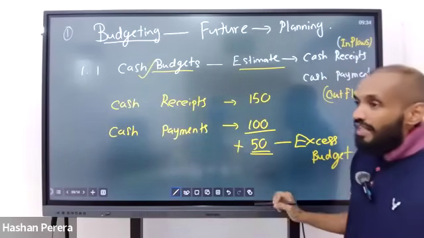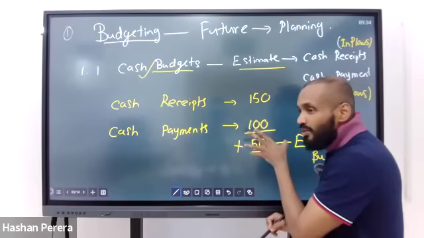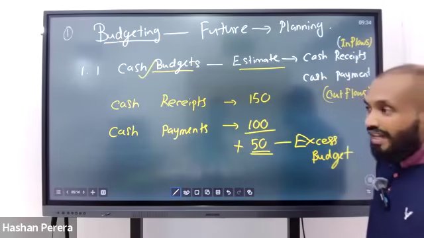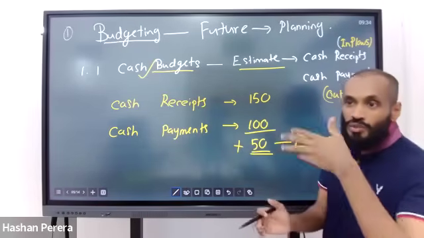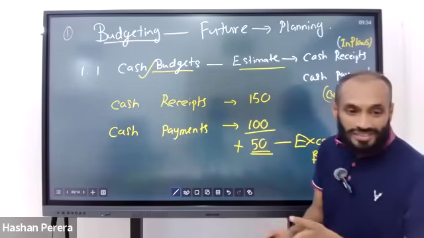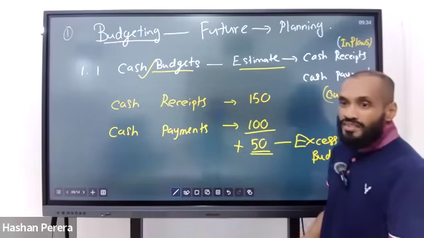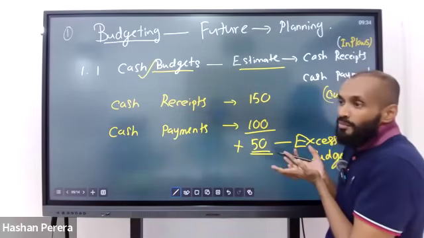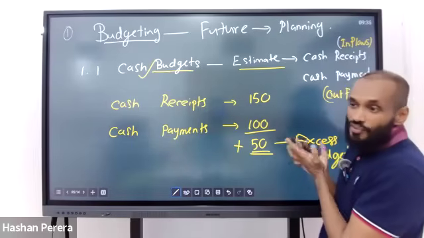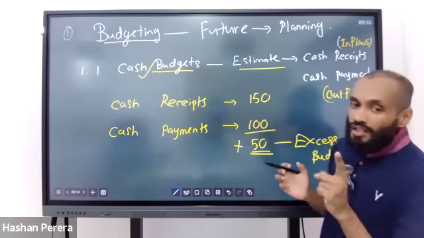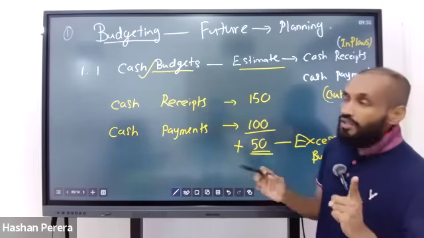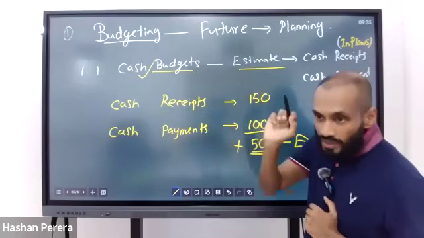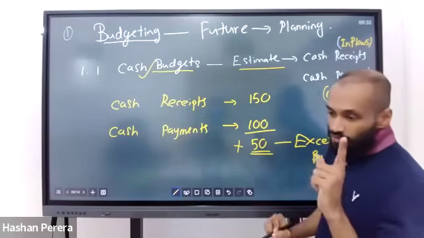So we can decide what we are going to do with this additional 50, whether we are going to do this as an investment. If it is an investment, we are going to invest this on which projects, or are we going to purchase some kinds of assets, or we are going to make a deposit. So likewise we can make a decision regarding this excess budget. So that is one of the benefits we can receive by preparing a cash budget. Clear ළමයි? එහෙනම් topic එක ගන්න first topic එක ලියන්න